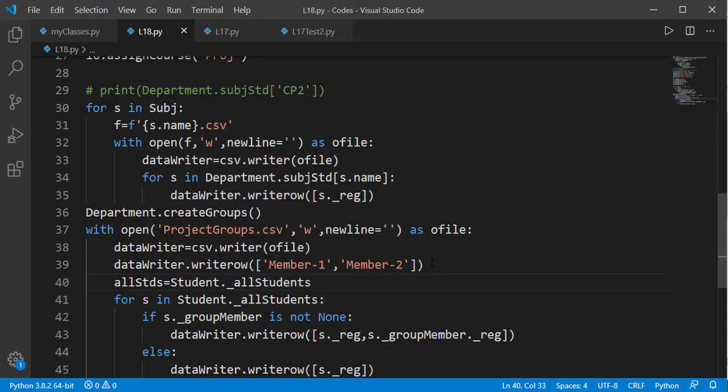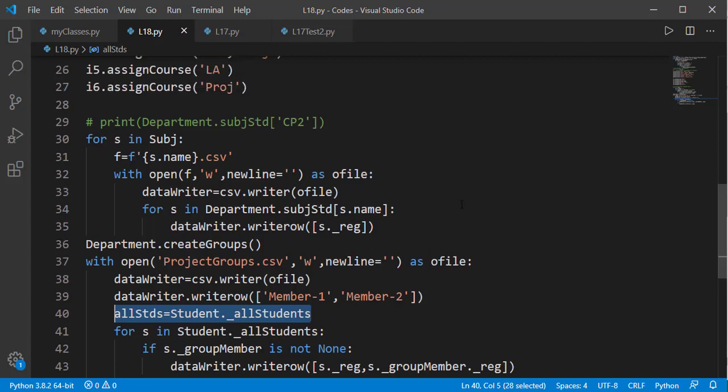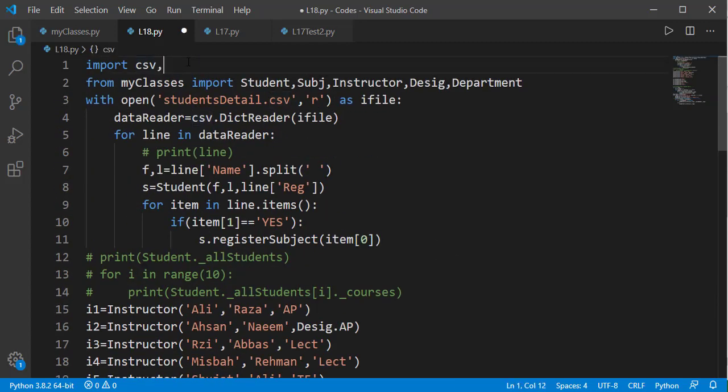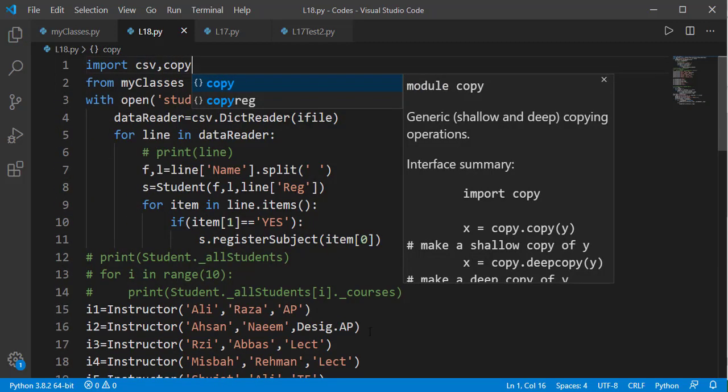But the important thing is that this way of creating a copy creates a shallow copy, which means both lists are actually the same object in memory. If we change any, we'll see that change in the other list also, because that is not a different object. So we should create a deep copy of the list, which will create a new object in the memory. And then both of these will be two different lists. For that, we need to import the module copy and then use the deepcopy method inside this module.